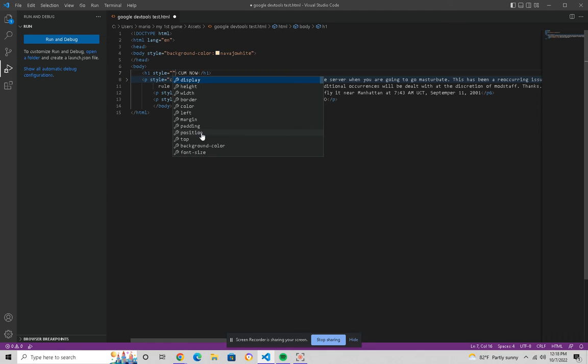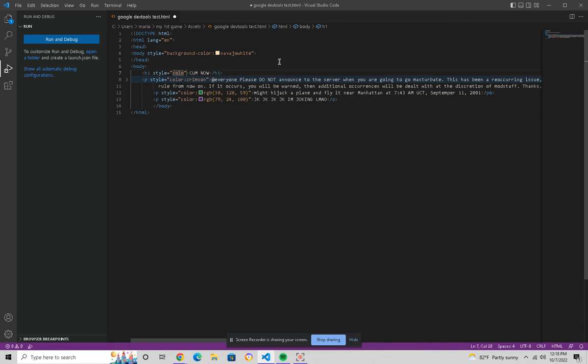There's position. If you want to change the position, make some text appear next to another, closer or farther. There's padding, there's margins. Decide which margin to place it on. There's colors, borders, widths, heights, and there's a lot more too. The list just goes on and on. So if you go to style, but we want to focus on color, so we go to color. We add the color, and as you can see right here on the color,